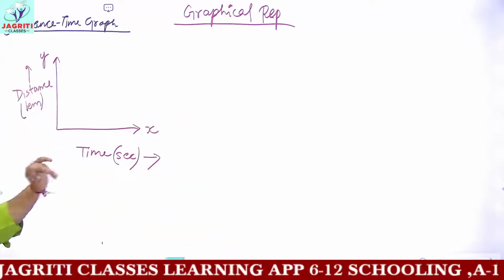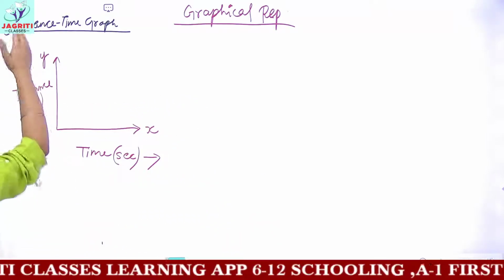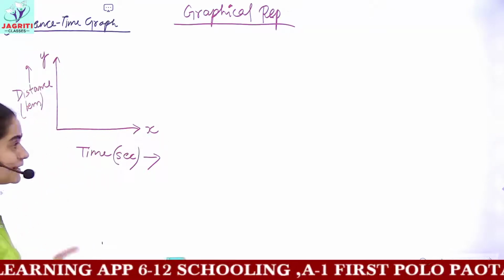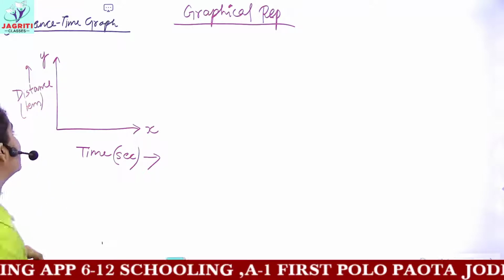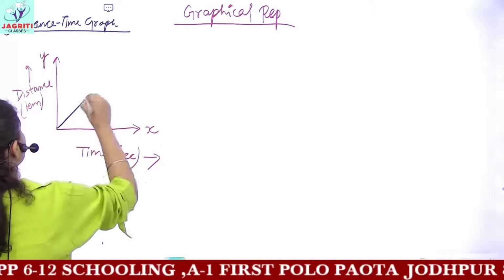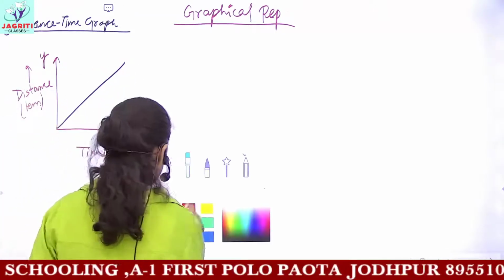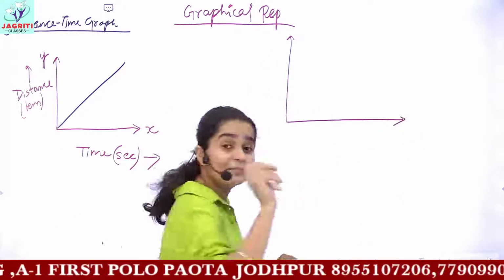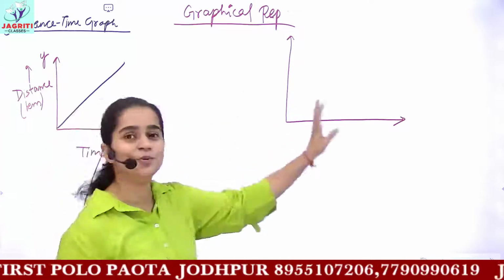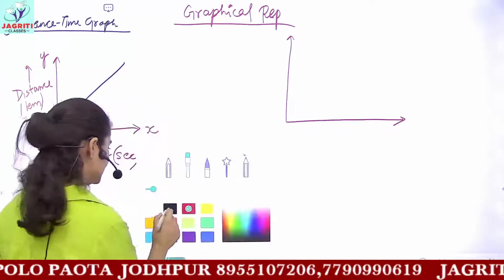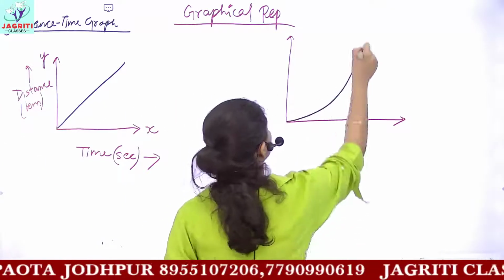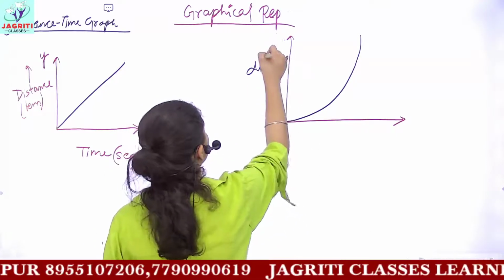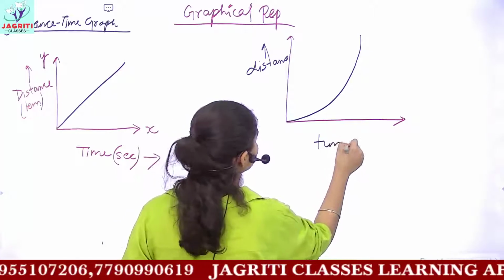So in the distance time graph, what do you have? You take distance on the vertical y-axis and time on the horizontal x-axis. And then you can get two kinds of graph. One could be like this, and the next graph like this. You can get many types of graphs, but these are the two basic categories which we are seeing. These are the two kinds of graph which you generally observe when you plot a curve between distance and time.